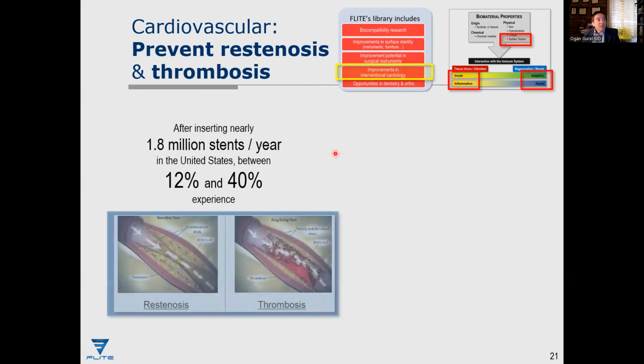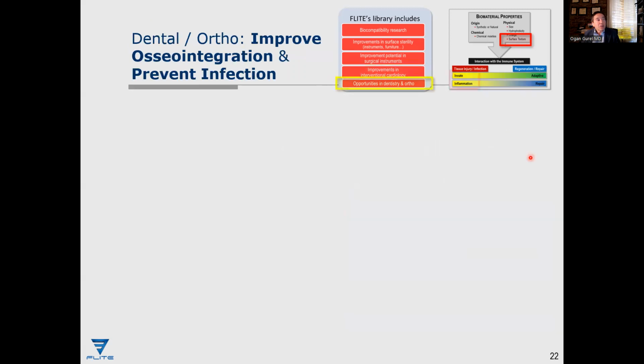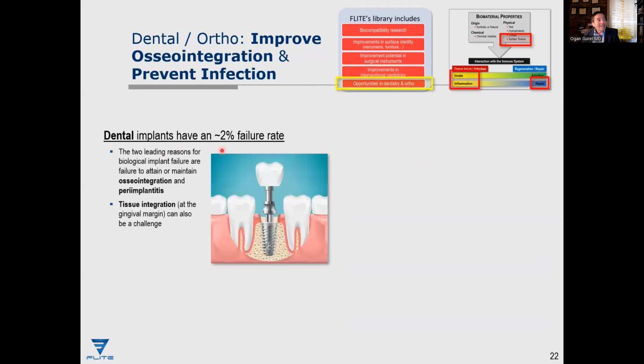On the cardiovascular side, preventing restenosis and thrombosis. We talked about the platelet effect as well. So reduce platelet adhesion. And in order to achieve that, because of the small size of platelets, you really need something on the nanoscale. And finally, on the dental and ortho side,